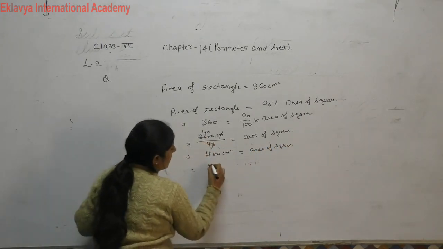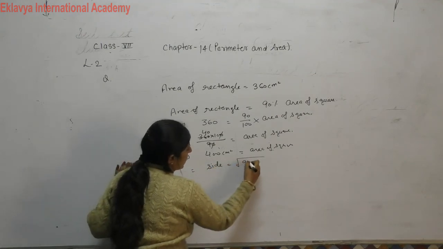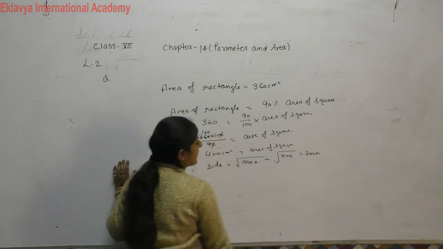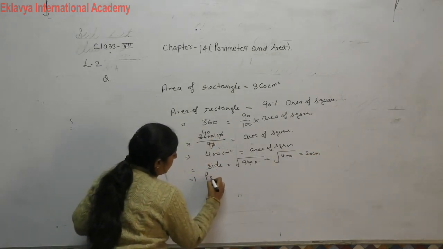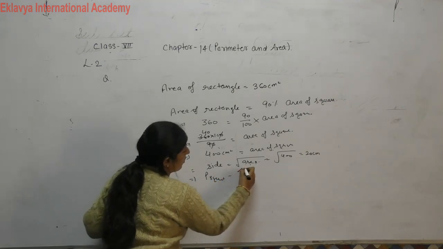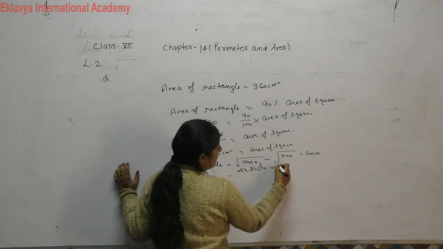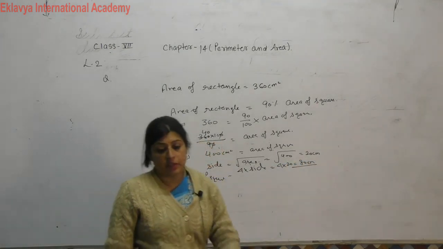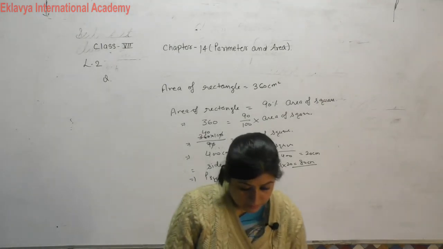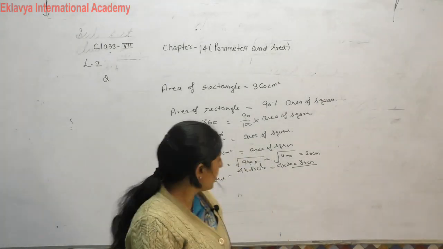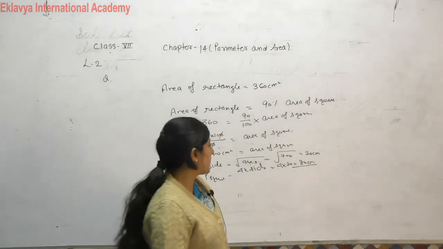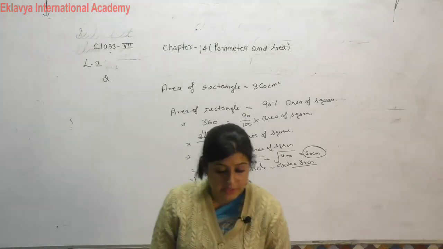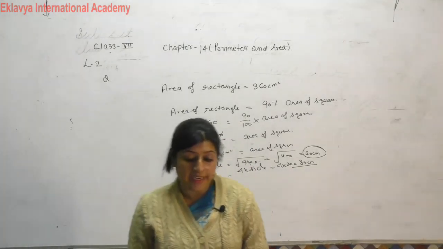Then side of a square becomes square root of area, is equal to root 400, is equal to 20 centimeter. Then perimeter of square is equal to 4 multiplied by side, that is equal to 4 multiplied by 20, is equal to 80 centimeter. So your option, okay, only asking each side of the square. So your answer, this one, 20 centimeter. So which option is correct? That is the option A is correct.